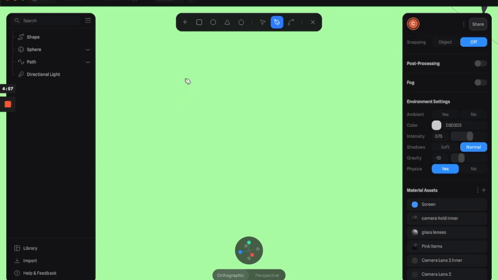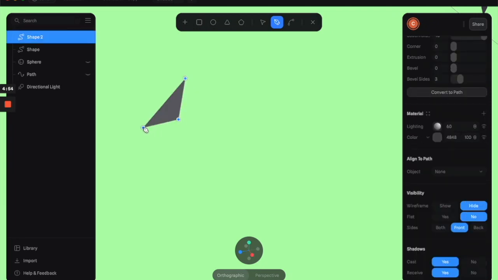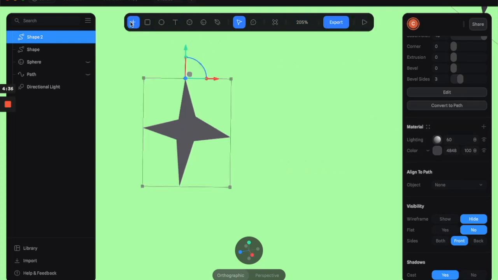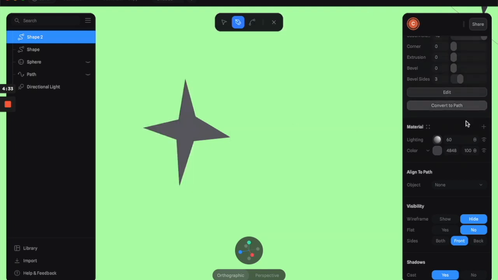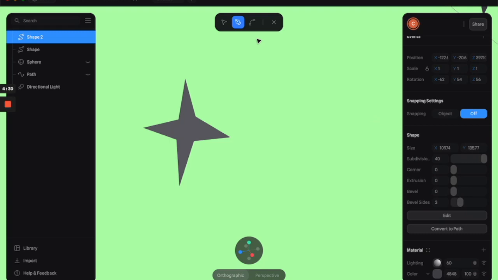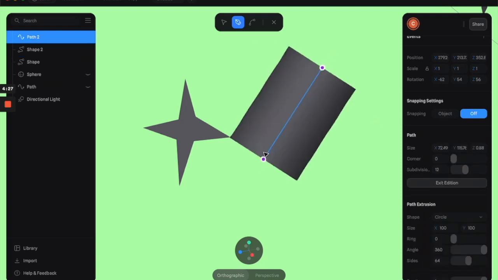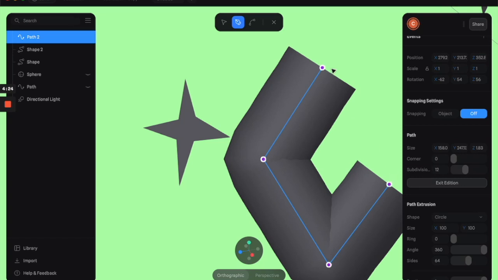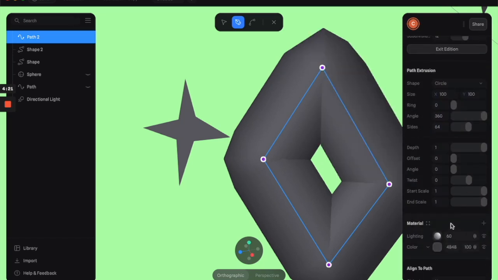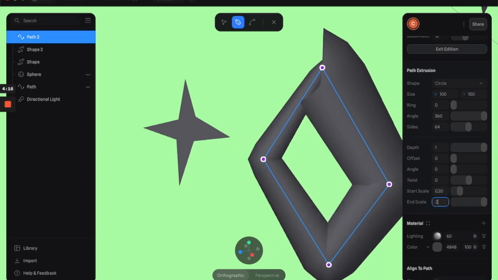So once you've made a shape that you're happy with using the 2D pen tool, we'll make a little 4-pointed star here just for experimentation's sake. I should say, not shape, but you can make any shape that you want, and then you'll go to your 3D path tool, and I'll just make a simple little diamond path here, which looks ginormous at the moment. But what we'll do is we'll scale the size down to 0.2